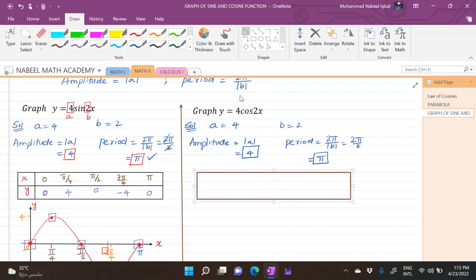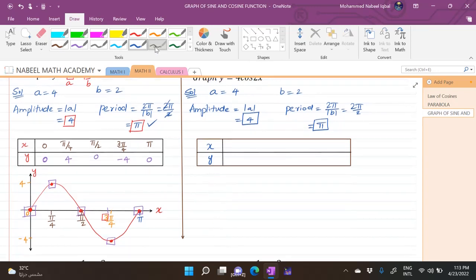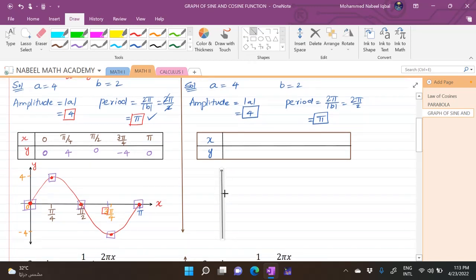So what is the graph here? This is my graph schedule here, and this is my x and y value. Let us draw the graph of this one. This is x and this is y. Okay, now start with this one. This is 0, and the full amplitude is minus 4 to plus 4, and the full period